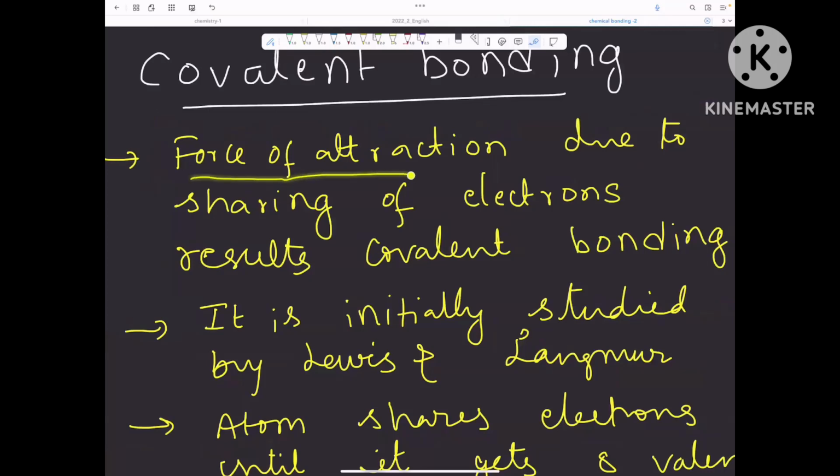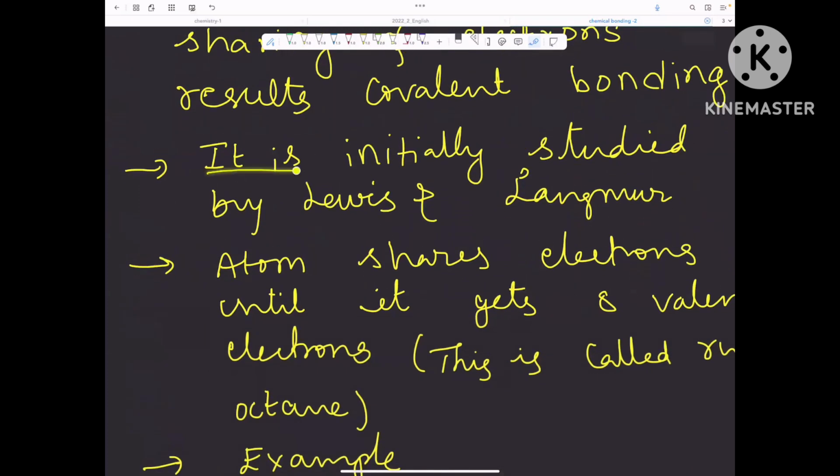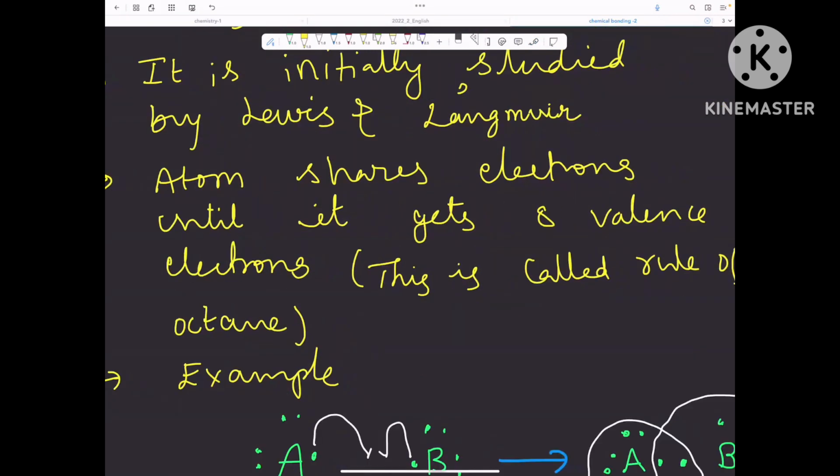Force of attraction due to sharing of electrons results in covalent bonding. It was initially studied by Lewis and Langmuir. An atom shares electrons until it gets 8 valency electrons with